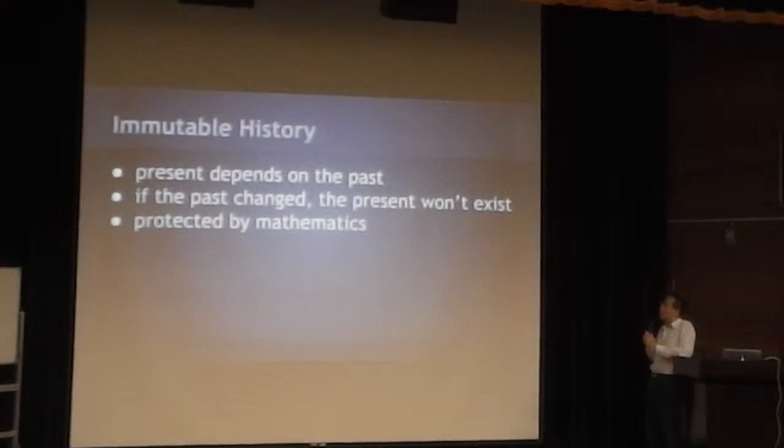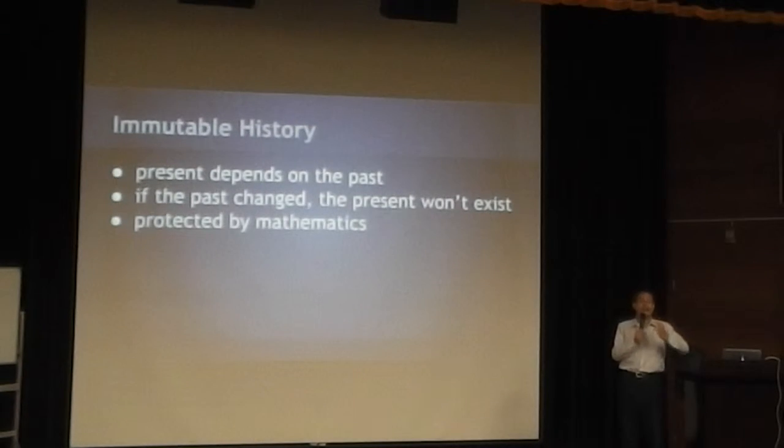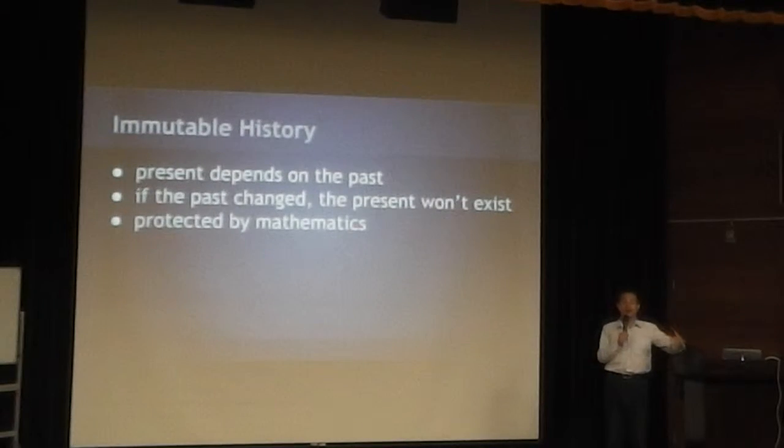So this immutable history is straightforward. It's the essence of the word blockchain. Every block is chained together, so the present depends on the past. If the past is changed, then the present won't exist, and it's protected by mathematics, such as cryptography, because every